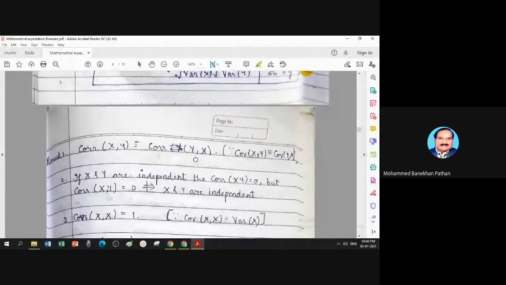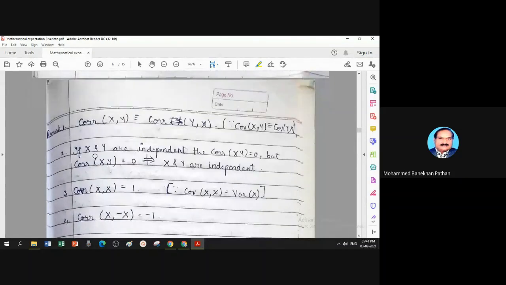So if I study the correlation between height of father and height of son, it will be the same as correlation between height of son and height of father. So there is no change. The order of the variables does not alter it. So it is commutative. Second, if the variables are independent,